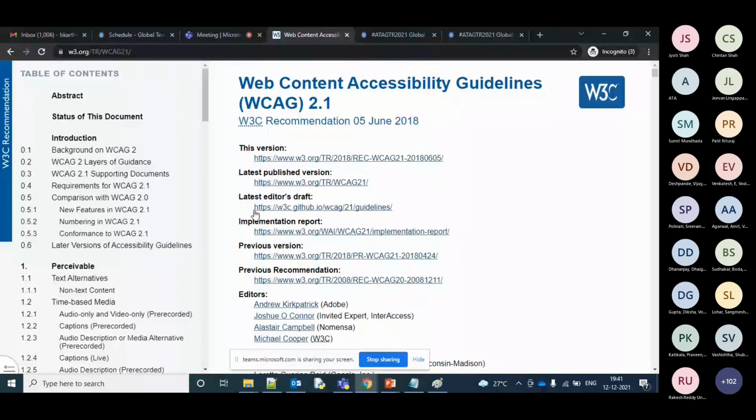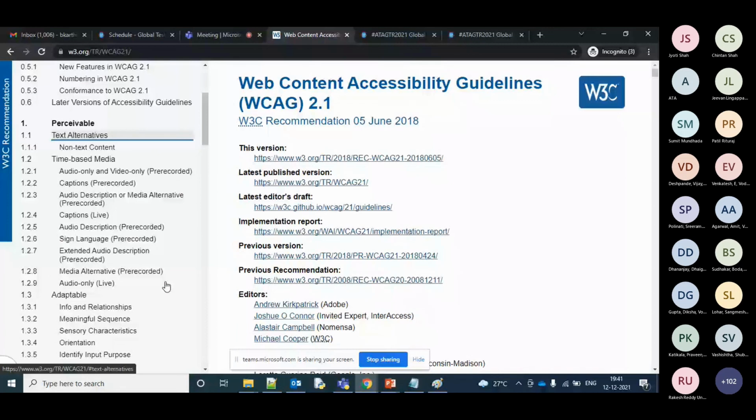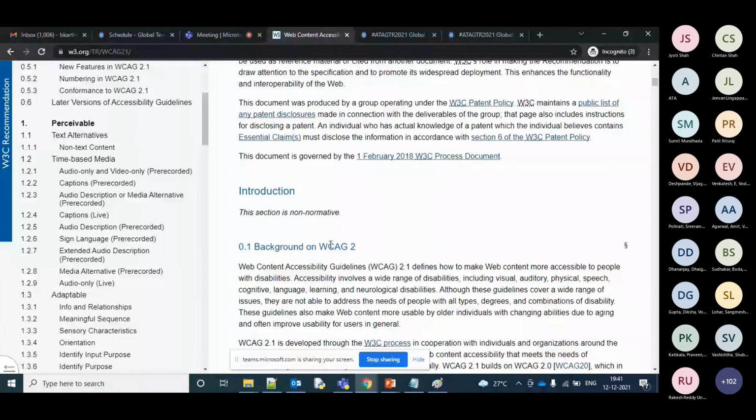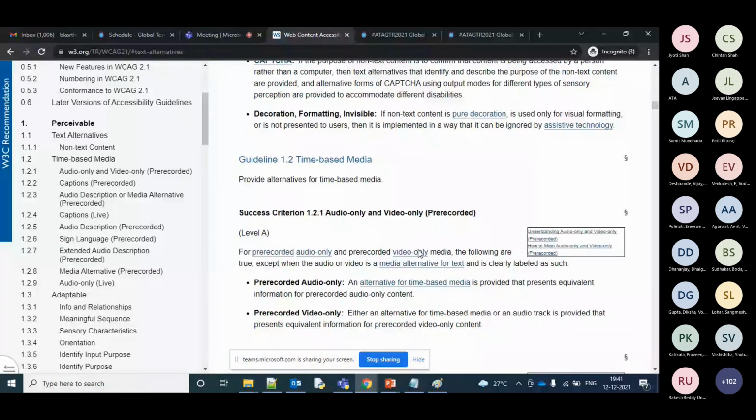The minimum guidelines, the minimum test cases which you need to cover, are all the level A test cases. You have to make sure all the level A test cases pass. You can see below what all the level A test cases are, and whether it's level and its content. They have given lots of criteria inside this.